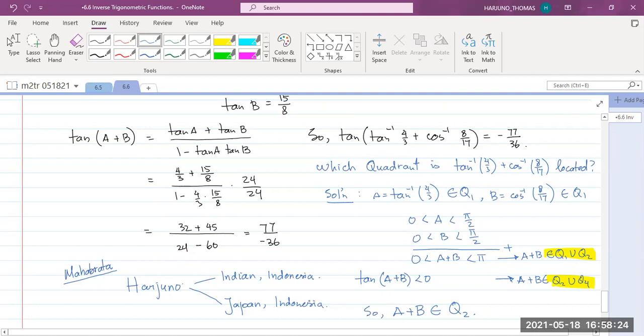Now using this, either Indian or Indonesian, or from Japan or Indonesia, then from there people decide, oh, then he must be from Indonesia. Okay, if you happen to know that Harjuno, that word comes from the name of a character in the Mahabharata story,